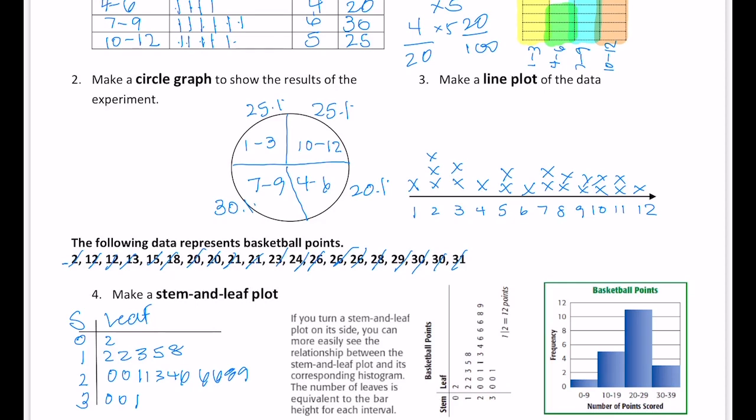You're going to divide the data into groups called intervals. Compared to a bar graph, they also use bars to represent the data, but they do have space between the bars, and the bars